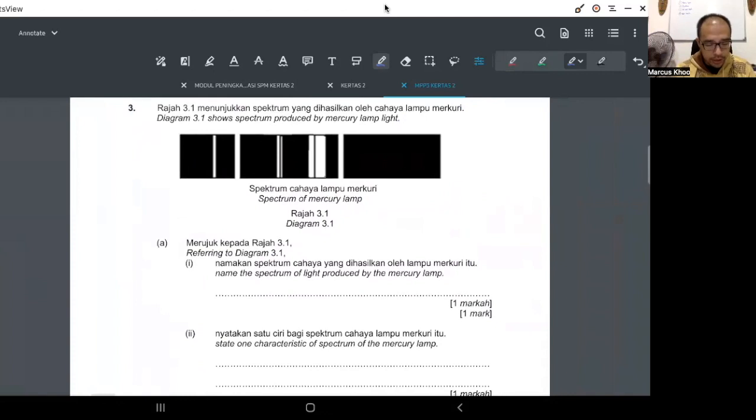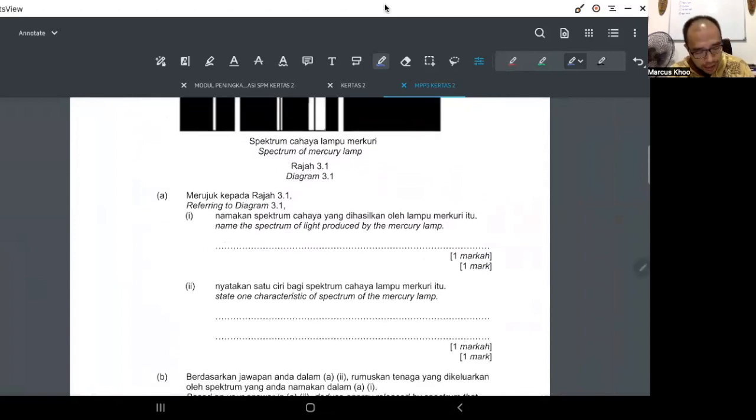Number 3. This question is a very strange question. When I looked at it, I was like, oh, okay. So anyway, it shows a spectrum produced by a mercury lamp light. Name the spectrum of light. This is called a line spectrum. And one of the characteristics is actually already given. The lines are formed